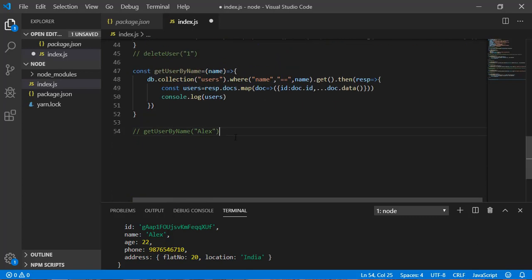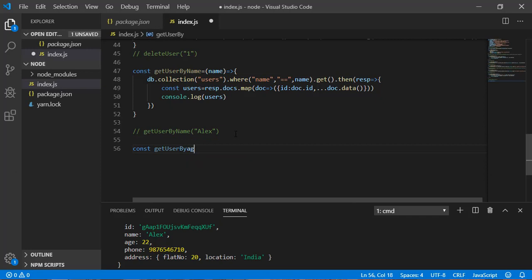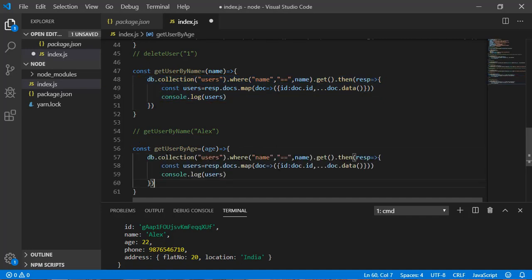Let me write a function, get user by age, and now you need to provide age here. Copy the same line and paste it here. You don't have to do much. Instead of this I need to provide age and here age.